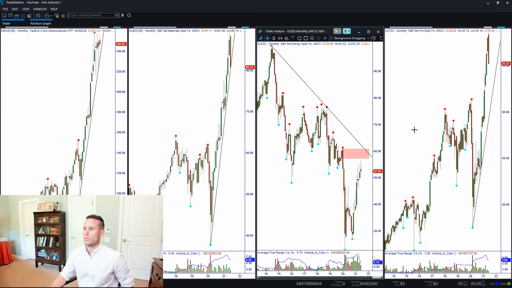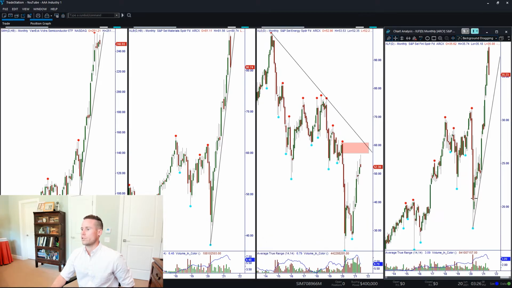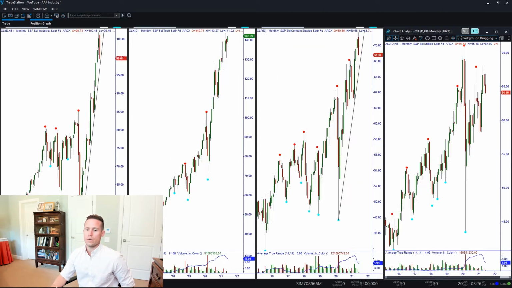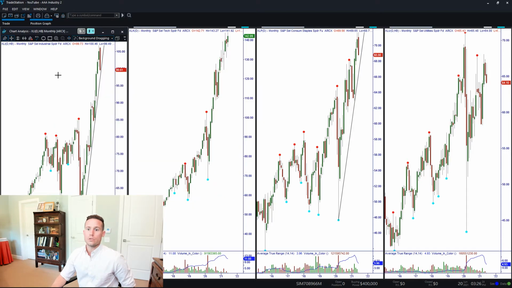So I wanted to put this in comparison to these other three, and the last uptrending ETF is XLF, financials. That's also in an uptrend. You can clearly tell that this is strong, this is strong, this is strong. XLE is weak. So you want to short energy stocks. Same is true for